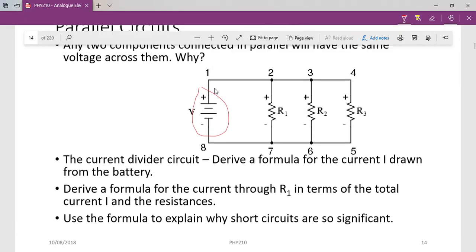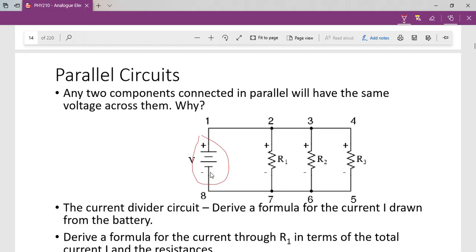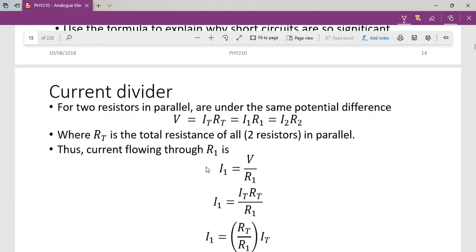Negative to positive, potential rise. Positive to negative, it is what we call potential drop. We have also a current divider. Current divider occurs when the two